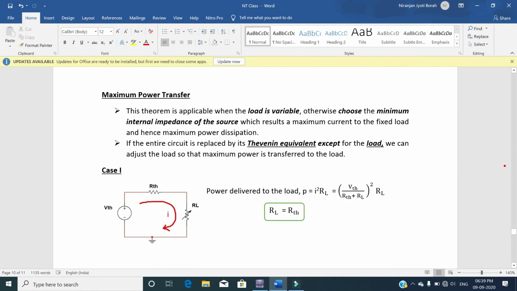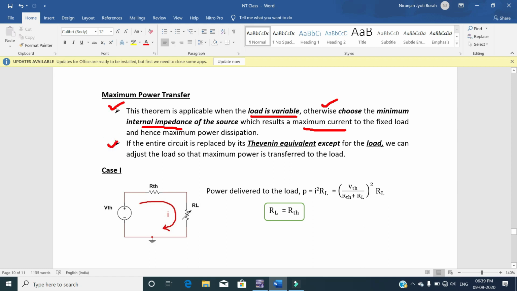So, putting this fact in the form of statement, we can write this theorem is applicable when the load is variable. Otherwise, you need to select the minimum internal impedance which results in maximum current to the load. Okay, this is our first point.